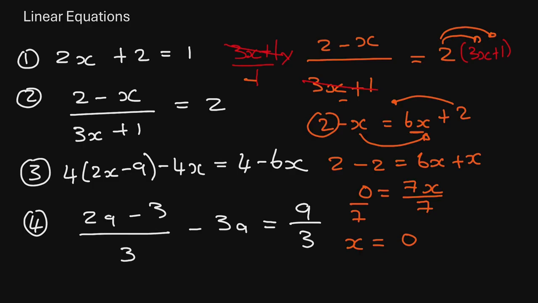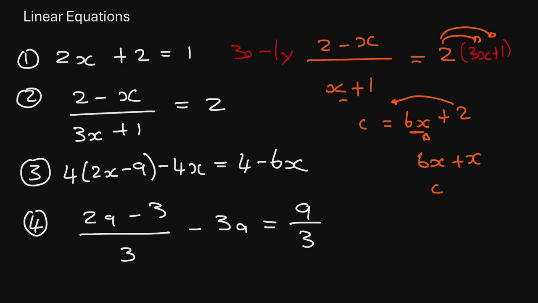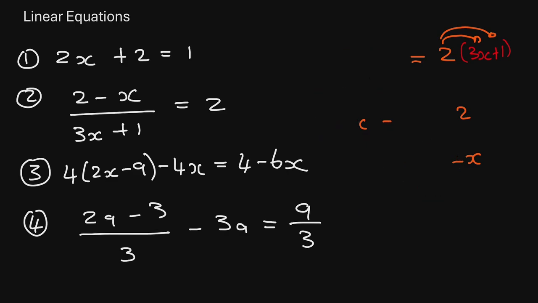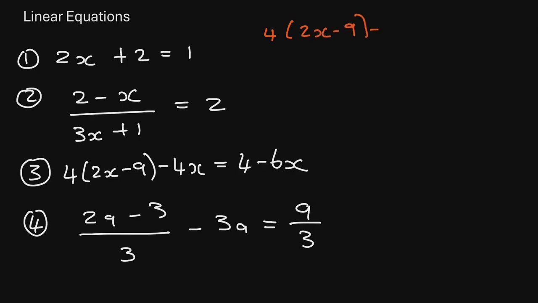So the value of x will be 0 on the second equation. So if you look at the third equation, what we have is 4 all multiplied by 2x minus 9 minus 4x equal 4 minus 6x. So if you have this linear equation here, and then you have the brackets, the first thing that you